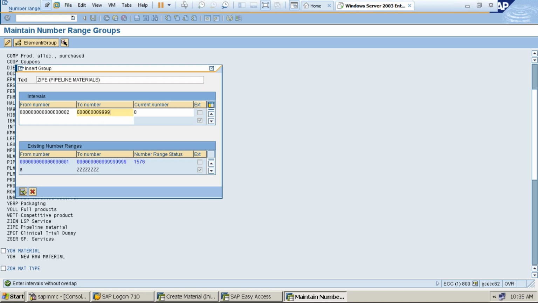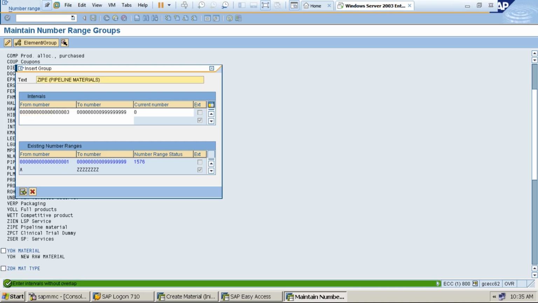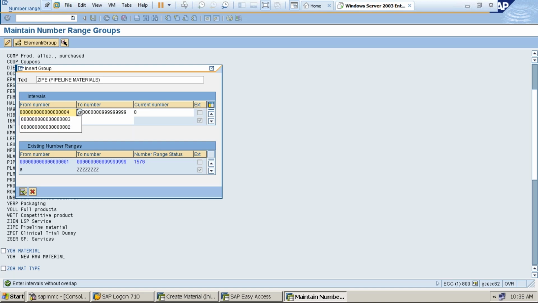Okay. 1, 2, 3, 4, 5, 6, 7. Here it is overlapping. Let's take 3, 2, 4, 5, overlapping, 6, overlapping, 7, 8.